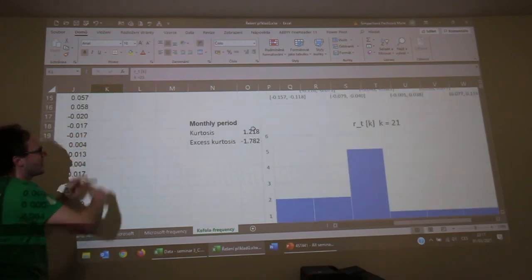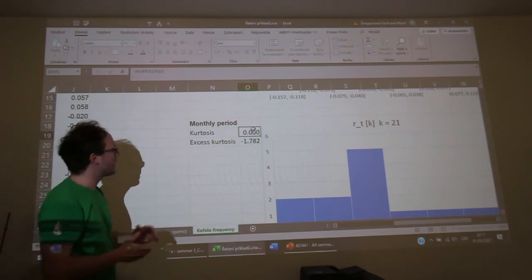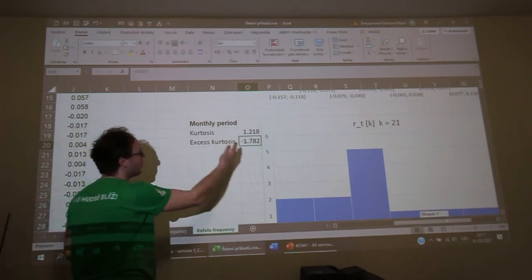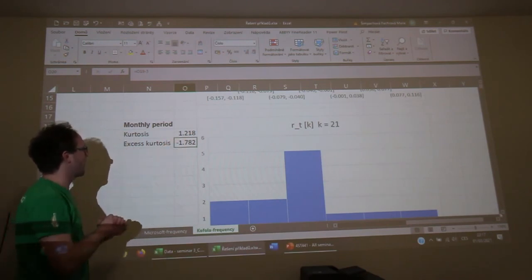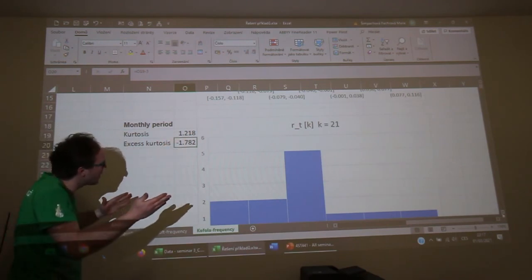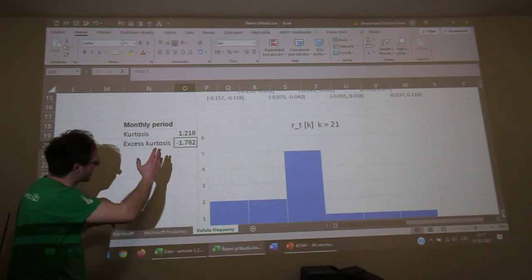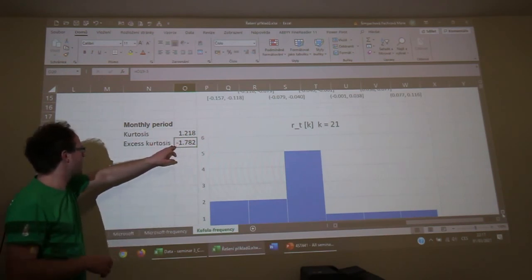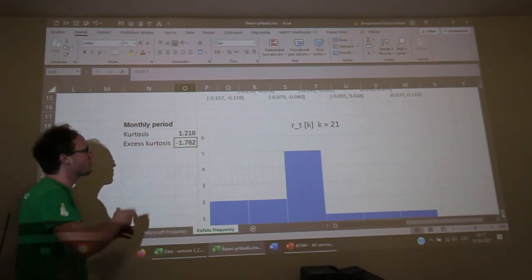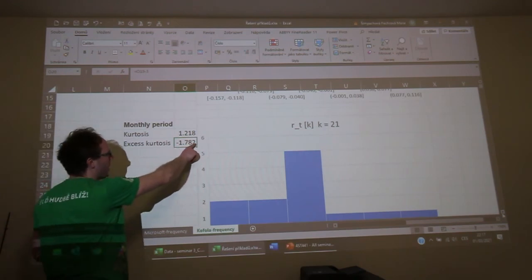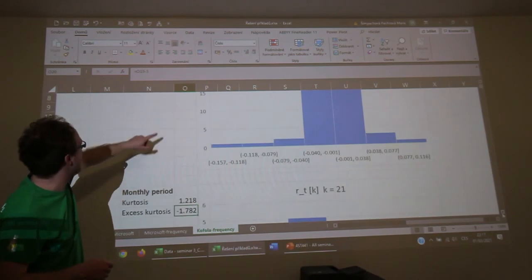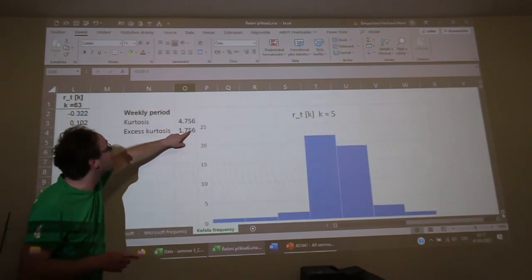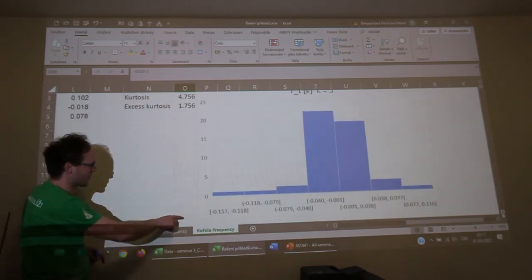So this data set is selected here, and the value is 1.218. If we decrease this value by 3, the result, excess kurtosis, is minus 1.781, and if I compare this value with the previous one, 1.75,